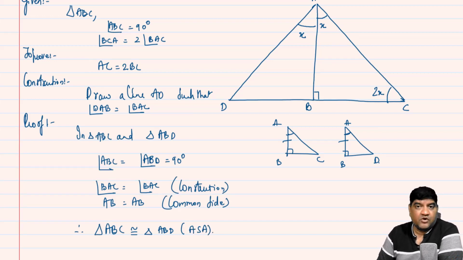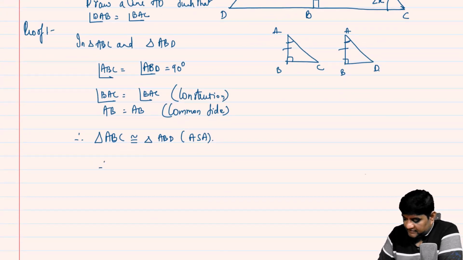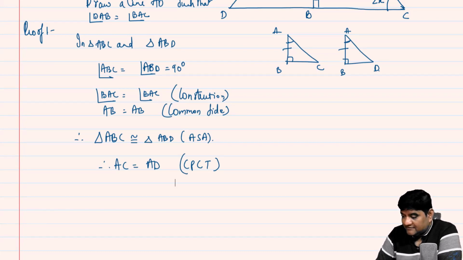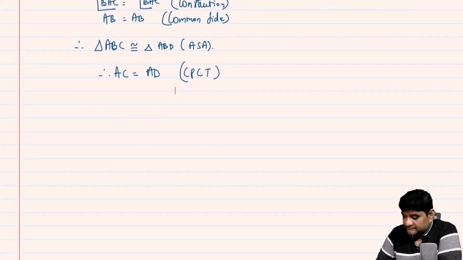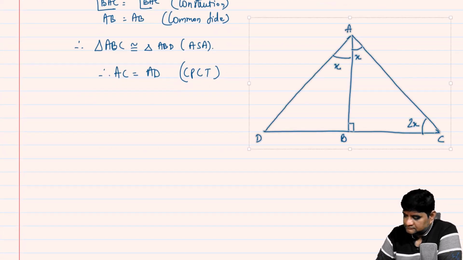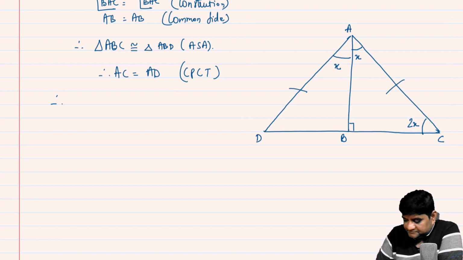So what if it is congruent? Well, because it is congruent, I can now conclude that AD is equal to AC, by CPCT. Therefore, AC is equal to AD, CPCTC, or CPCT, that's also fine. Now, what would that mean for the triangle ADC? That would mean that the triangle ADC is isosceles,